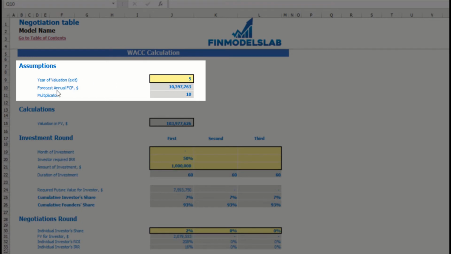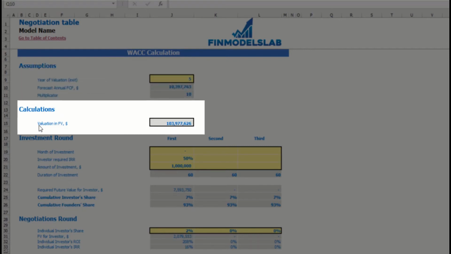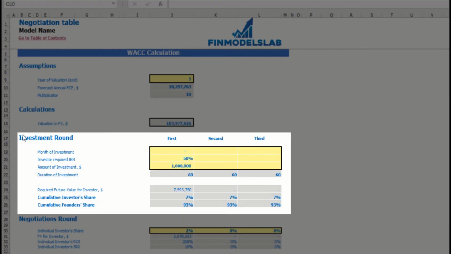You can see the calculation of forecast annual free cash flow and multiplicator based on the valuation tab. Here is the calculation of valuation in future value, also based on the valuation tab. Then we have the assumptions and calculations for 3 investment rounds. The first one is months of investment. You can say month number 2, for example, investor required IRR, for example 45%, amount of investment